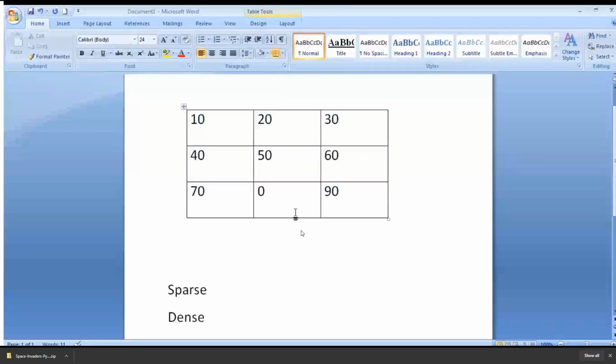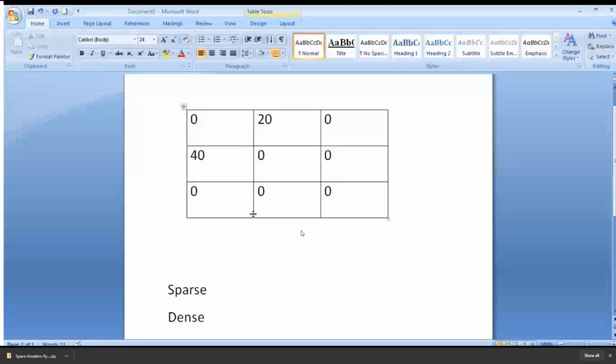Because non-zero elements are more, fewer zero elements are there. Sparse matrix is a matrix where most of the elements are 0. I'll change it. Now see what is the difference over here. 0, here 0, again 0. Again I remove one thing. Okay, this is the matrix.